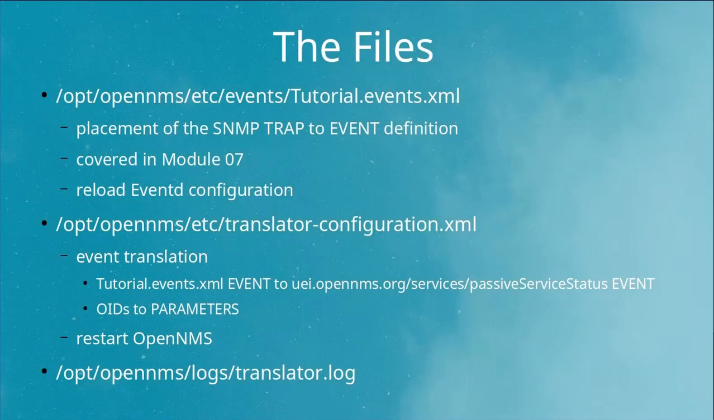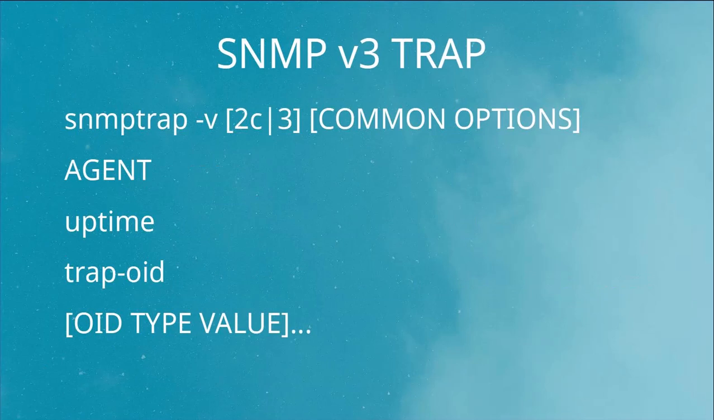The final file is logs/translator.log, which, depending on the logging level, provides information useful in debugging. This tutorial uses SNMP v3 traps. SNMP v3 traps are covered in Module 7. The common options are related to v3 and will be obvious on the command line. The agent. This tutorial will use Horizon 105's external IP